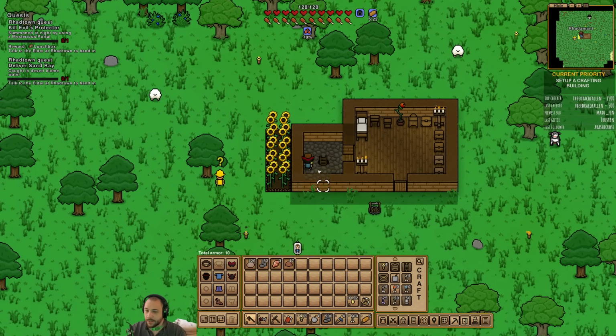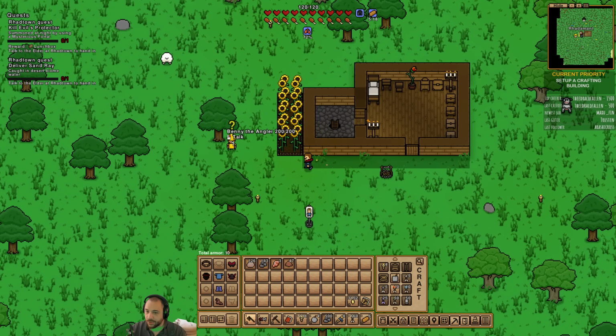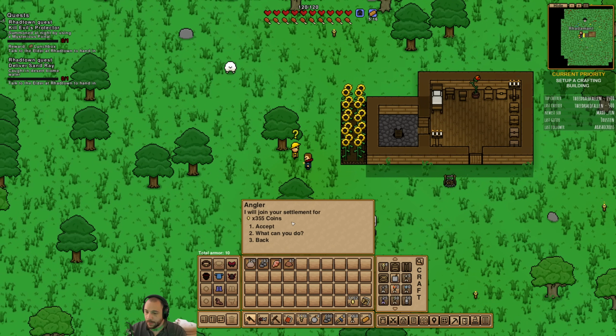So let's build the starter hut. I'm not going to be building meta or anything like that. And also, let's check out what this angler wants. So the angler will join us for